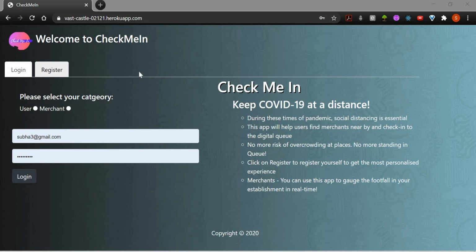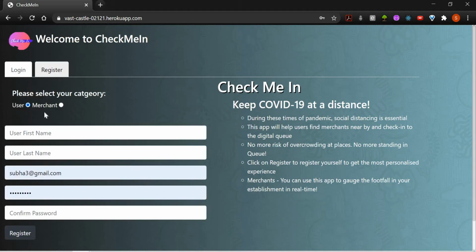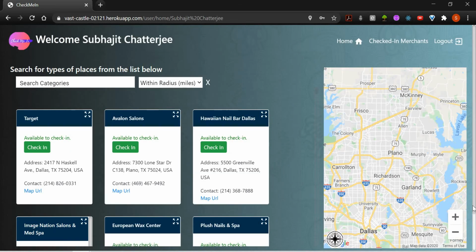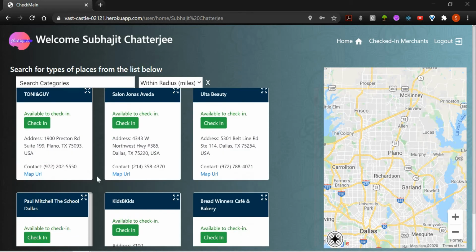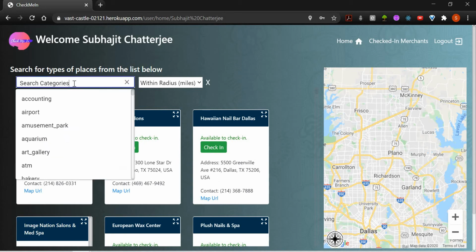And for the user, similarly, the user only needs to put in the user name, email, and app password, and that's it. So I will show one user journey using one sample user that I have already registered. If I log in over here using Sugar3, the user is presented with a map with a listing of all merchants in a 20 mile radius around him by default, and a searching option for categories. These are the exhaustive list of categories that Google Maps allows, around 98 plus categories.